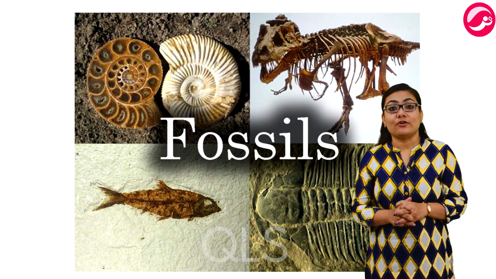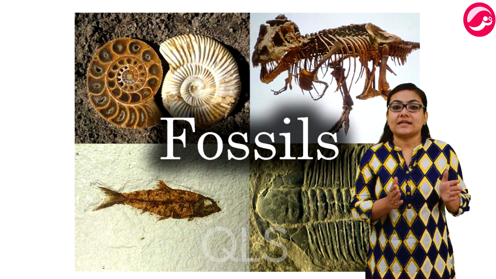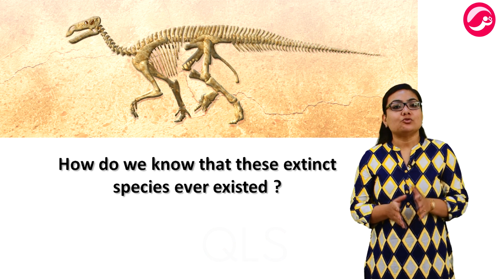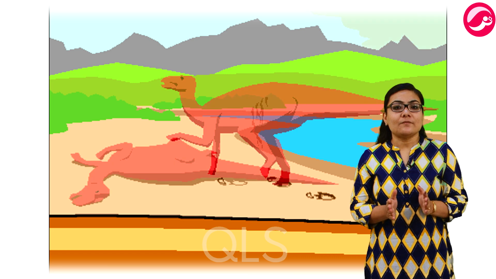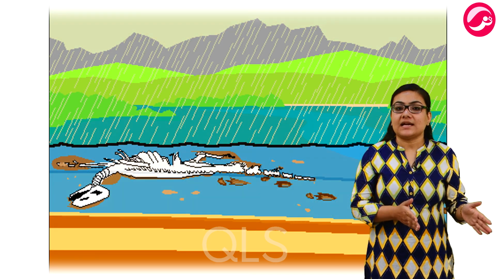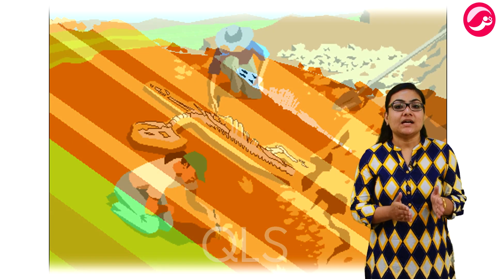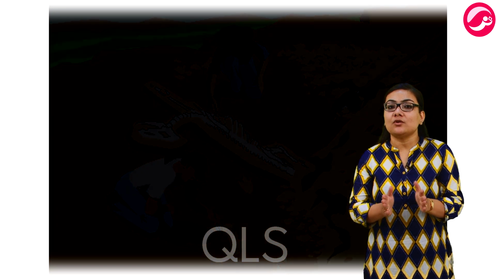Now let's talk about fossils. Studies of organ structures can be done not only on current species but also on the species that are no longer alive. How do we know that these extinct species ever existed? We know this from finding fossils. Now what are fossils? Usually when organisms die, their bodies will decompose and be lost. But every once in a while the body or at least some parts may be in an environment that does not let it decompose completely. वो पूरी तरीके से decompose नहीं होने देगी.